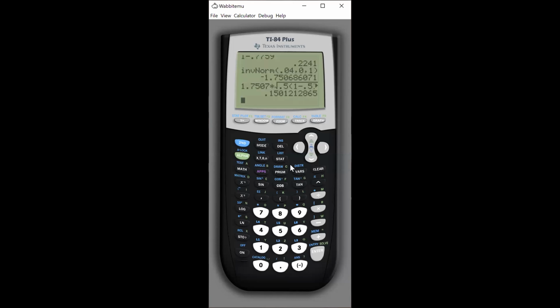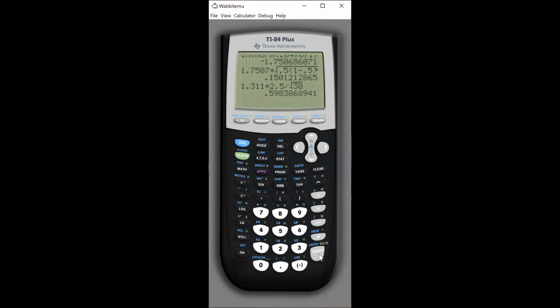So on the TI, you want to go to 1.311. You multiply that by 2.5, and you divide that by square root of 30. So you go ahead and press enter. And you get